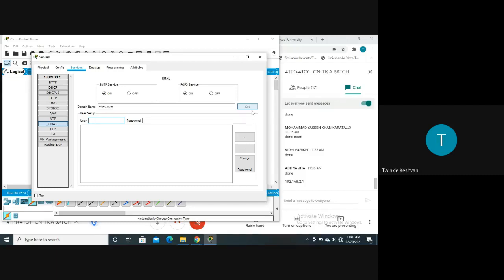Now you have to give the two users because we have taken two PCs, right? So we have two hosts here. So for that, I need to give the username and the password. We have to set the username and password for both the hosts. So for that, let's say that the first username I'm giving here is ABC. And the password I'm setting is 123, right?